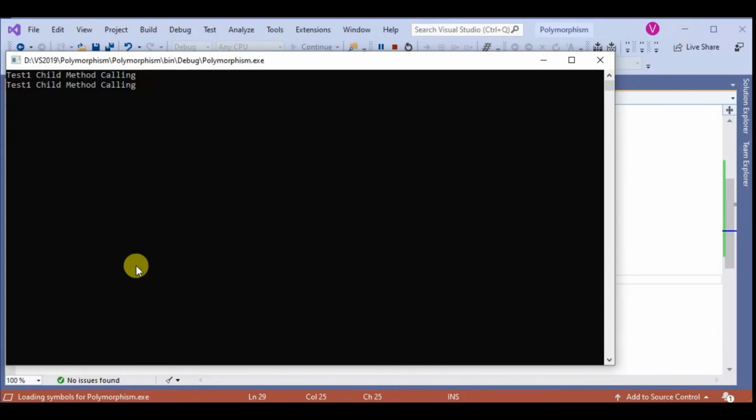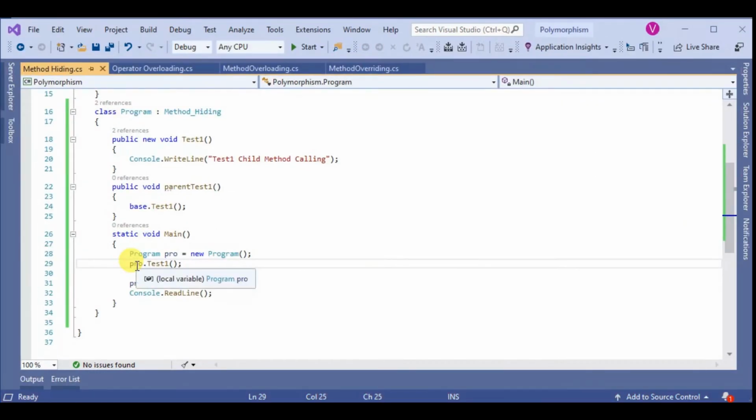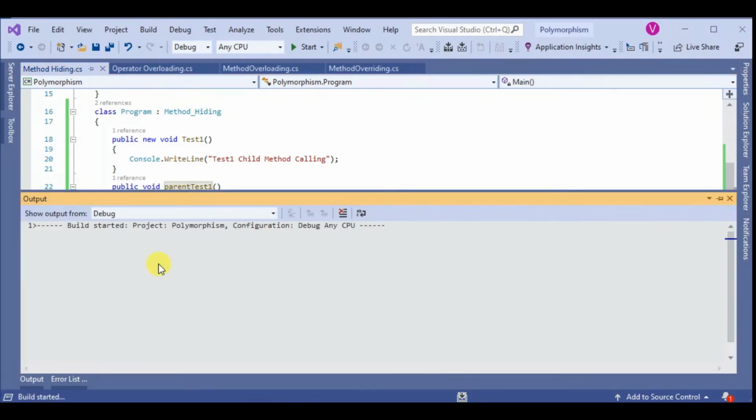So the output is different. Okay, here you can write parent test, save and run.